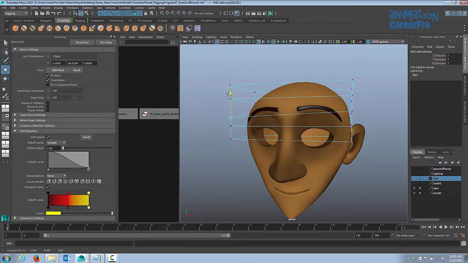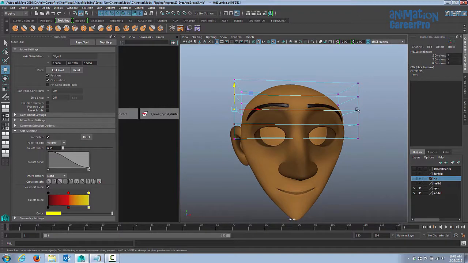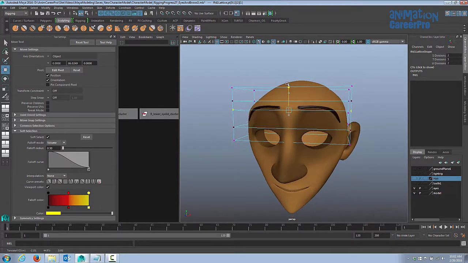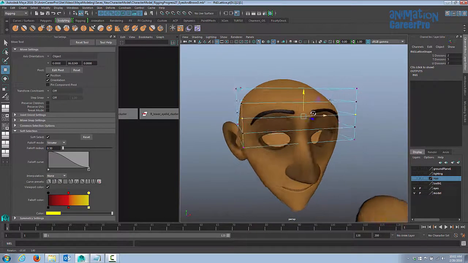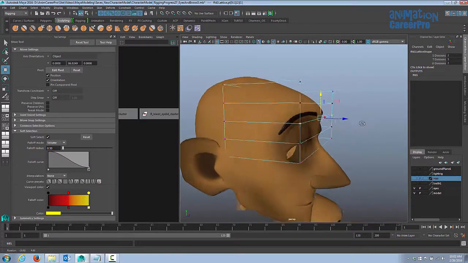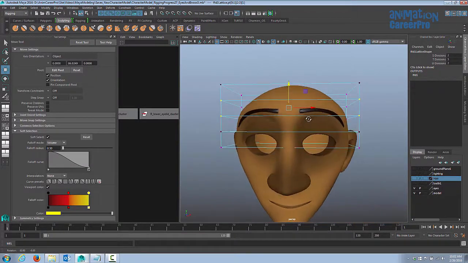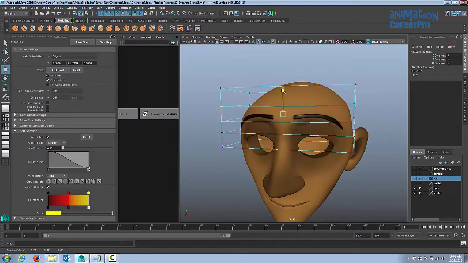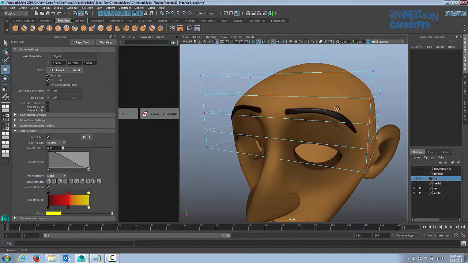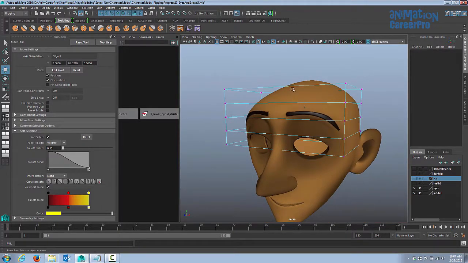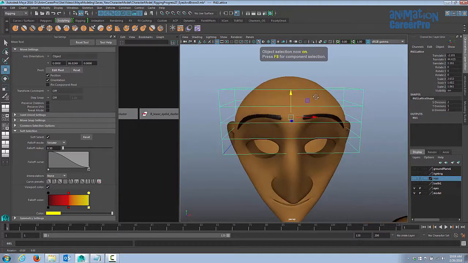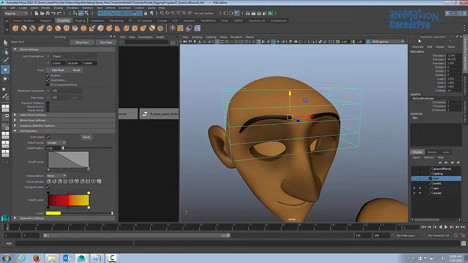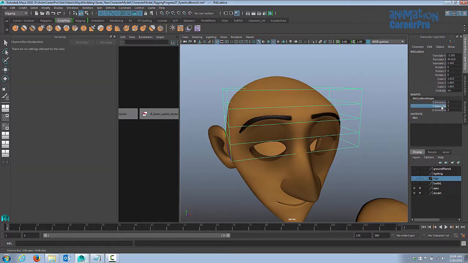You can see that the model's being affected by just this one point, but you can grab multiple points by holding Shift down and affect your model this way. Now before soft selections, this was the most common way to change the model for blend shapes, but with soft selections it makes it a little bit easier to do it that way, and usually I'll use a combination of soft selections and a lattice. Alright, so to get out of the lattice points, you can just hit F8 on your keyboard a couple times to get back to object mode of the lattice. So if we go in the channel box on the right side, you can see we have our lattice shape here, and you can see we have divisions 2, 5, and 2.